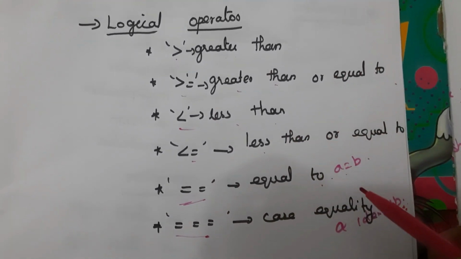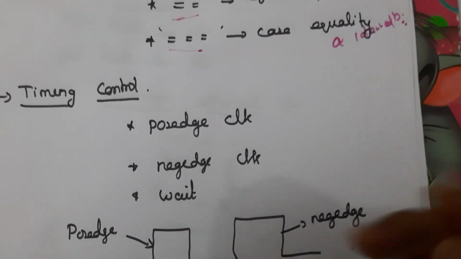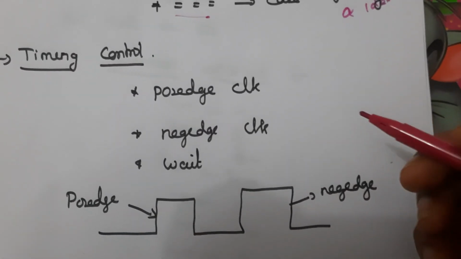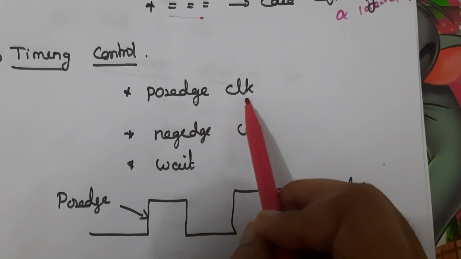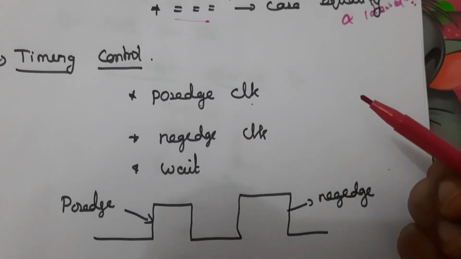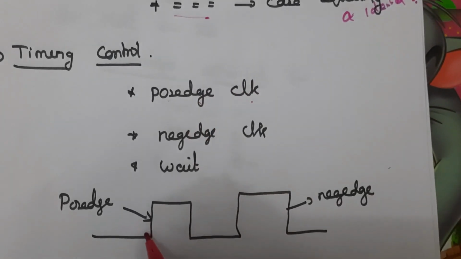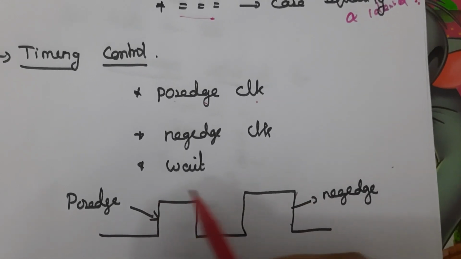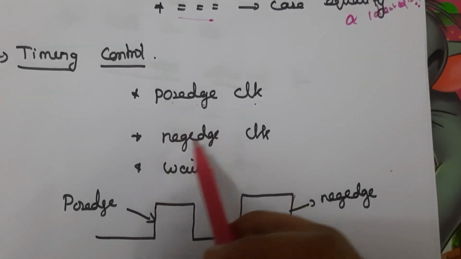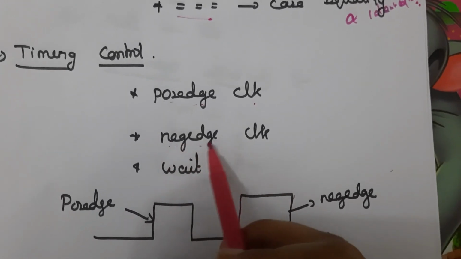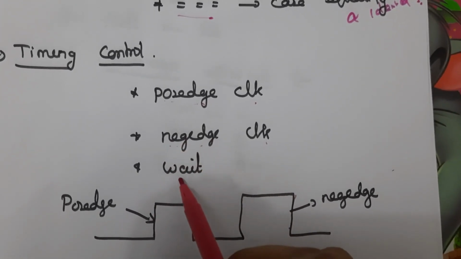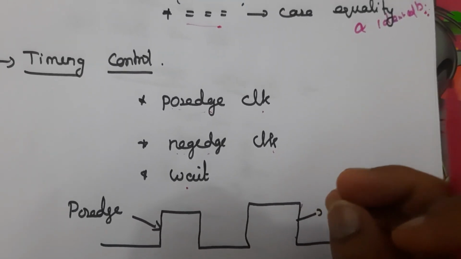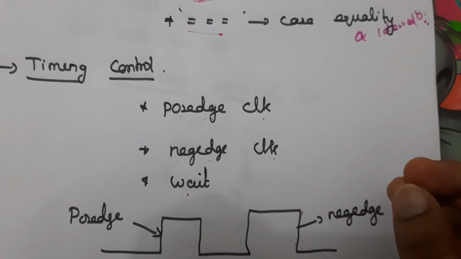So these are the operators, and we can control the system by giving a positive edge clock and negative edge clock inside the always block. If you give a positive edge clock, whenever the clock reaches its positive edge, only then does the always block get started. So the operation inside that always block starts only when the clock reaches its positive edge, and this is meant for the negative edge. The keyword here is negedge, and for positive edge the keyword is posedge. And next is the wait statement, where we have to wait for some condition or some period.